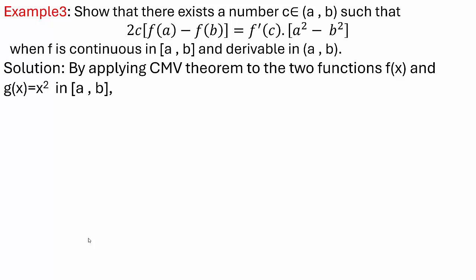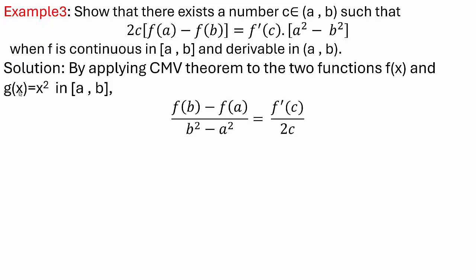For that we need two functions f(x) and g(x). The f(x) is a continuous and derivable function, as given in the problem, and we shall take g(x) equal to x square, because the terms a square and b square are given. That's why we shall assume g(x) equal to x square in the closed interval [a, b]. Clearly g(x) is also a derivable function, and hence by Cauchy's mean value theorem we have